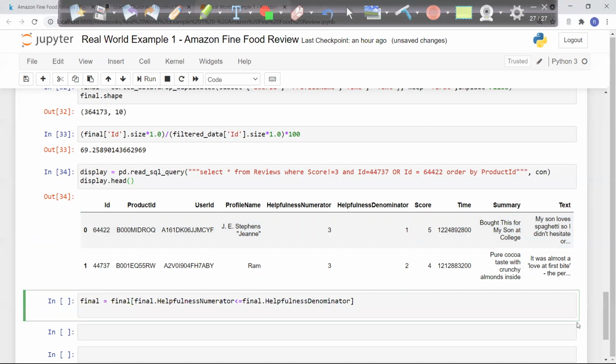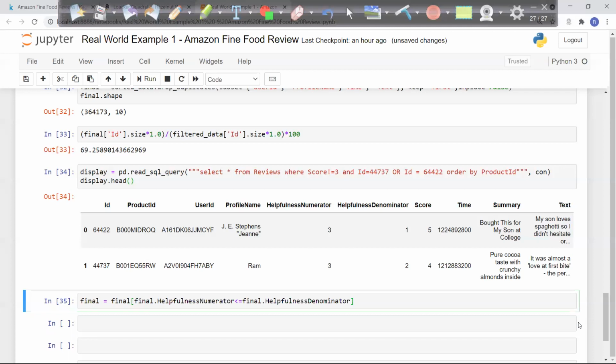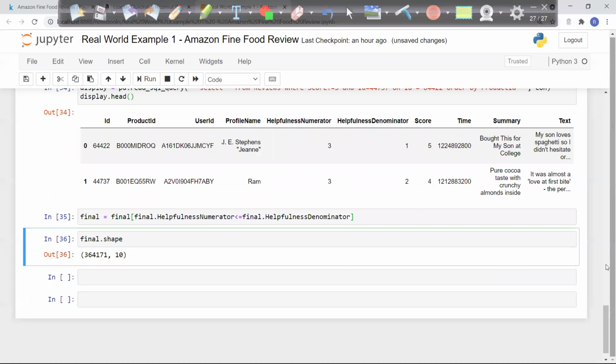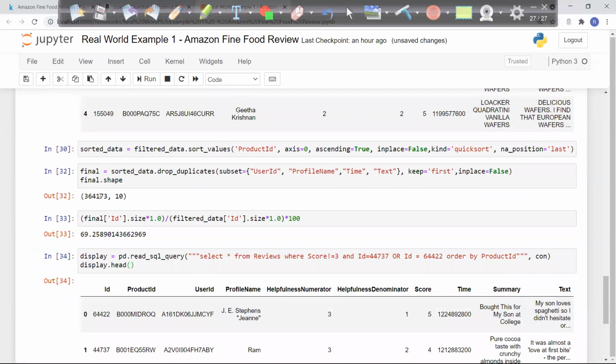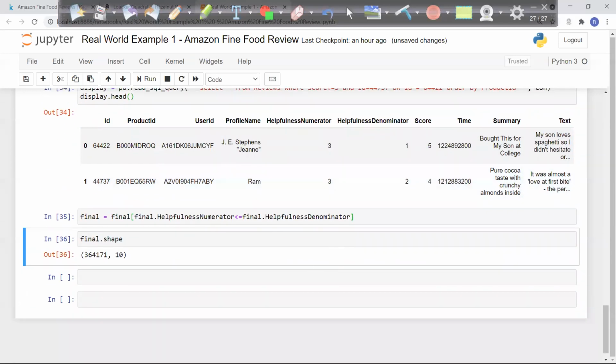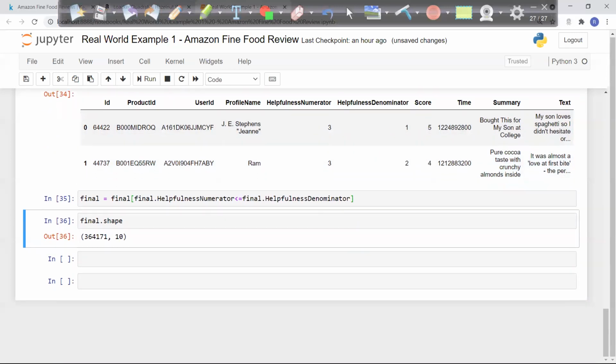That is the simple logic I'm applying. This type of records will no longer be there. We can check the final number of records now. You can see I have 364171; earlier I had 364173. Only these 2 records we have removed, not much. There was a problem and I removed that.